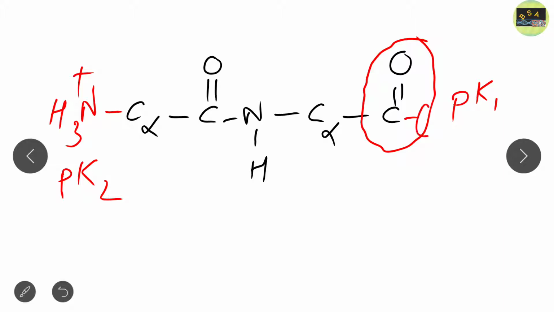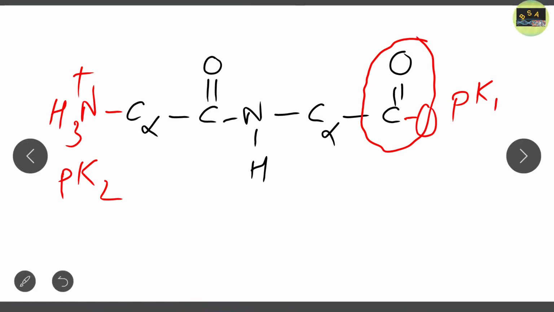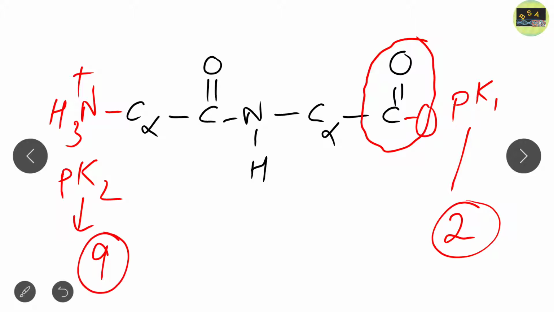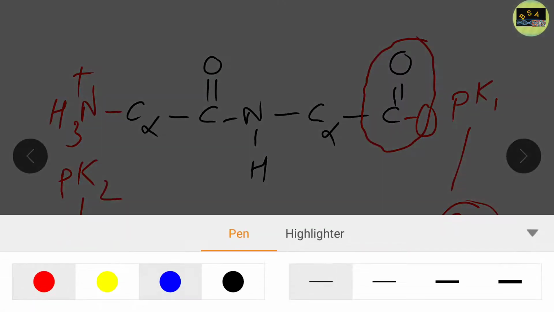Sorry, it will be CO minus. Okay, so we call it pK1. We all know that its value is 2, and this value we can take as approximately 9. Clear? And in between, the bond that is formed,